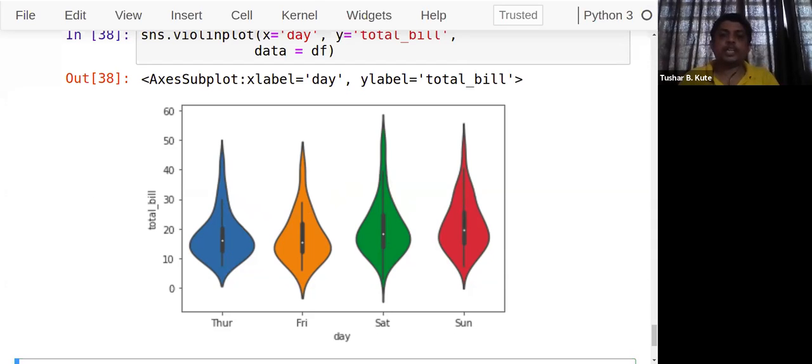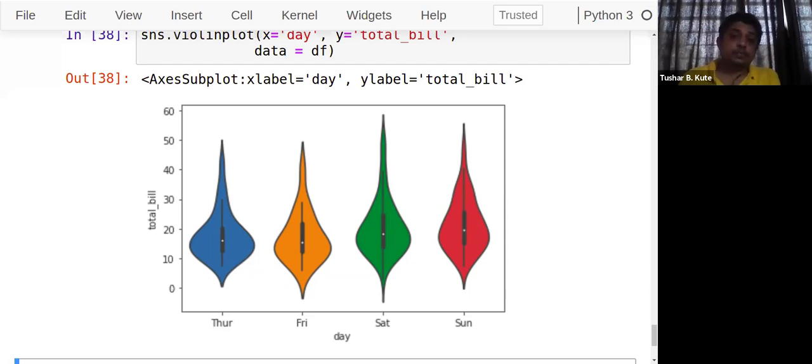So as the violin plot uses KDE, the wider portion of the violin indicates the higher density, and the narrow region represents the relatively low density of that data on the violin plot. Fine. And the interquartile range, which is 0 to 25, 50, 75, they are present in the box plot. The higher density portion of KDE falls in the same region of the category in the violin plot. Both are there. Fine. That's the common idea.